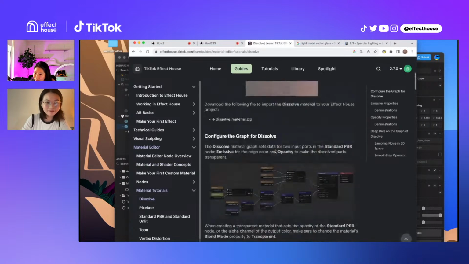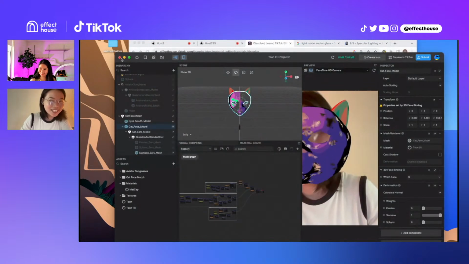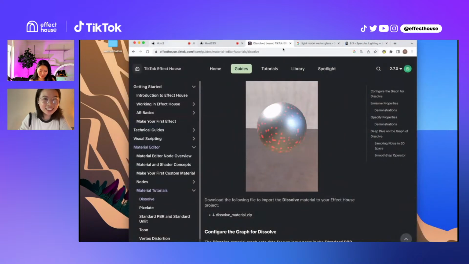Can we play around with the pyramid dissolve material as well? Yeah, actually, that's my other pick. Let me open the project. I love it. While she's opening it,